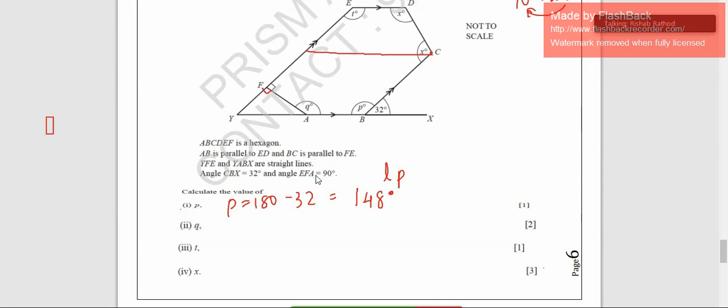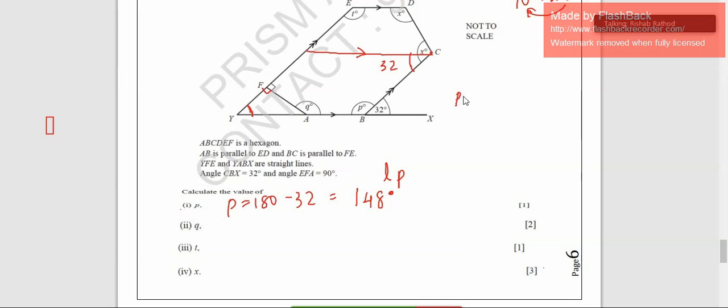Remember, this is a hexagon with sum of angles, you know. Here 98, T, X, X, P and Q. So if I get Q, I'll get all the other answers. This is 32. Can I say this also will be 32? Because I make a line parallel to this. Are you understanding? So this becomes 32. This is parallel to this.